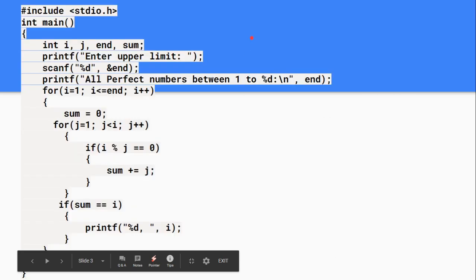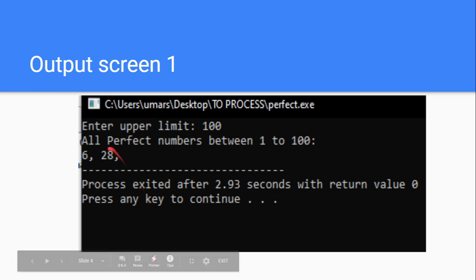Next, the answer 28 is given because I have checked all the numbers between 1 and 100. When I take 28, you can see that 7 fours are 28. 1 is always a perfect divisor. So 7 plus 4 is 11. Then 11 plus 1 is 12. Afterwards, you have one more divisor, 14 into 2. 14 twos are 28. So 14 plus 2 is 16. Already we have 12, so 1 plus 7 plus 4 is 12. Then 14 plus 2 is 16, and the total is equal to 28.